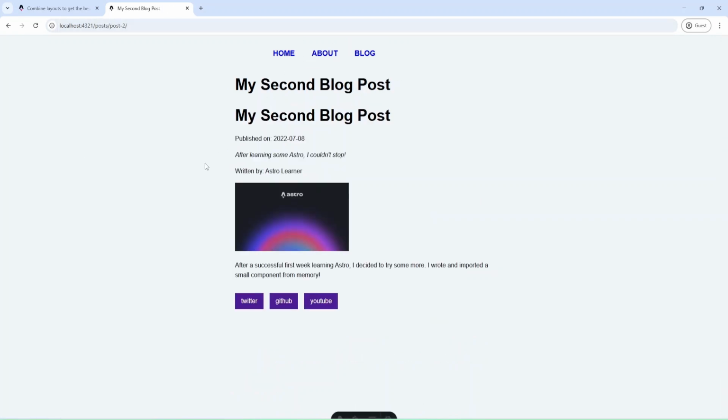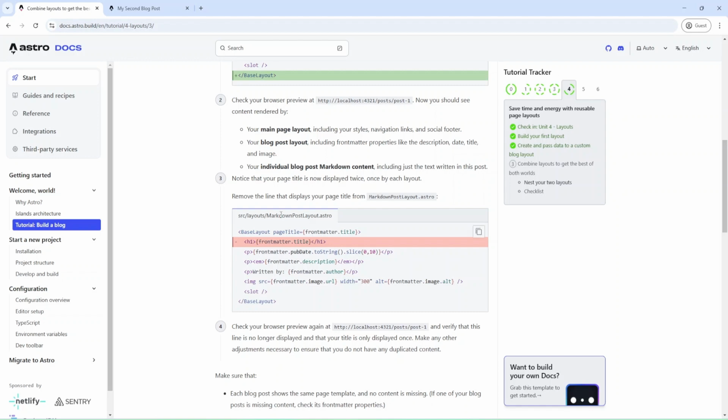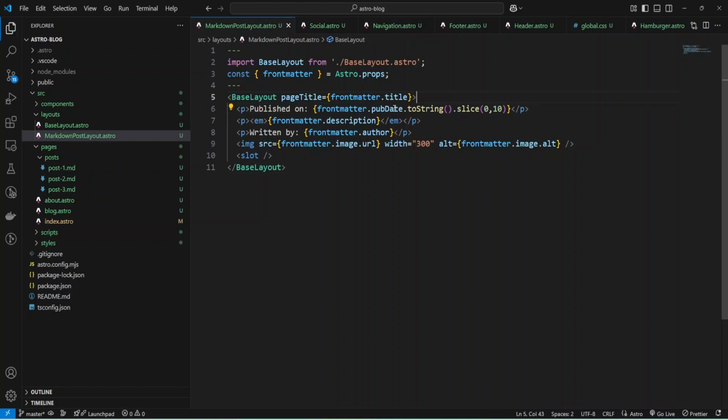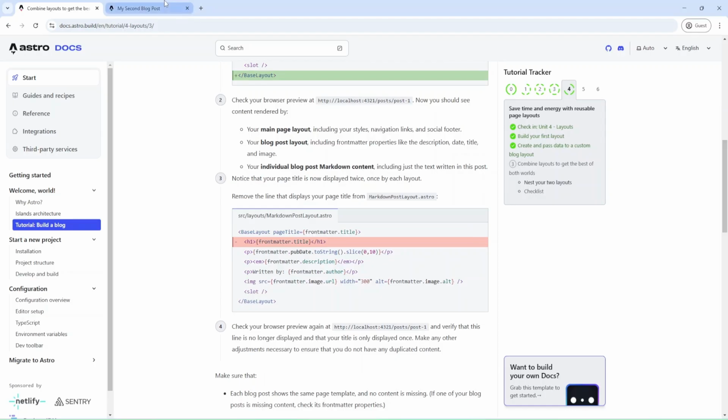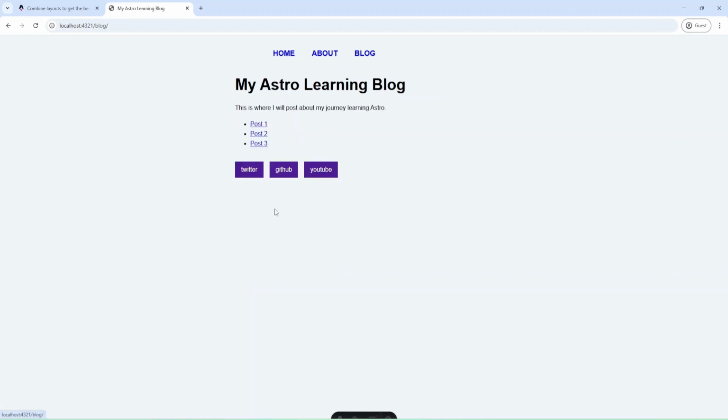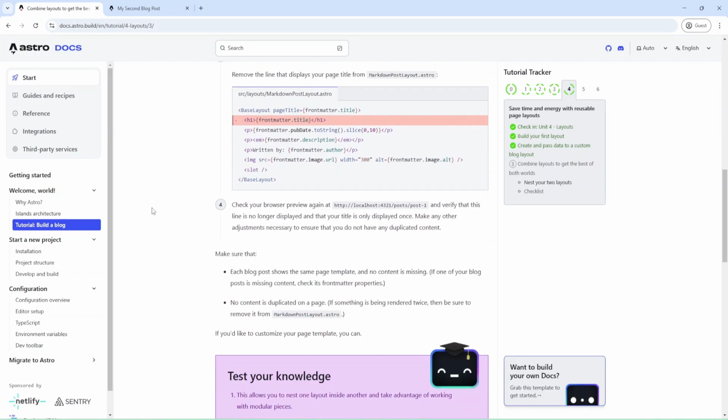Also, we have the menu, and we can remove the title from our markdown layout. And let's check. We don't have two titles as it was previously. Okay. And let's check what's next.